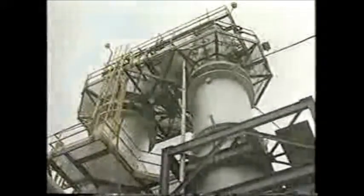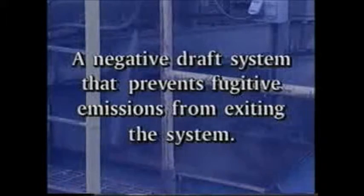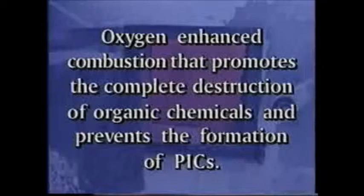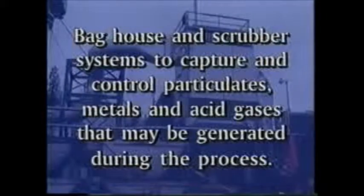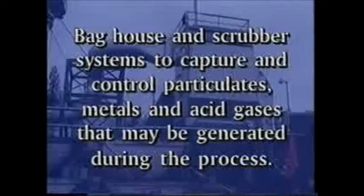In summary, Weston's TIS-5 transportable incineration system has repeatedly proven the capability to provide optimum performance while maintaining maximum control of potential emissions. Some of the key features we've discussed include a negative draft system that prevents fugitive emissions from exiting the system, oxygen-enhanced combustion that promotes the complete destruction of organic chemicals and prevents the formation of products of incomplete combustion, baghouse and scrubber systems to capture and control particulates, metals, and acid gases that may be generated during the process,